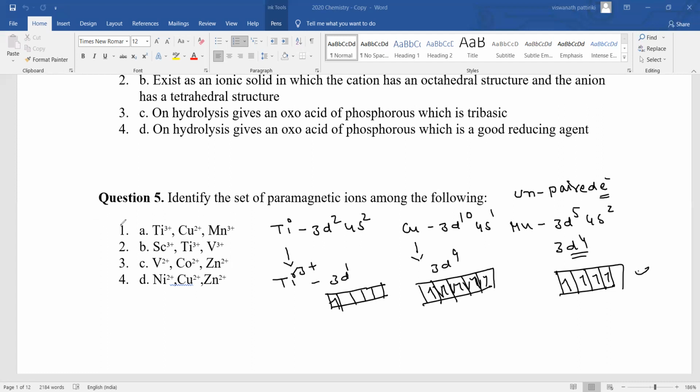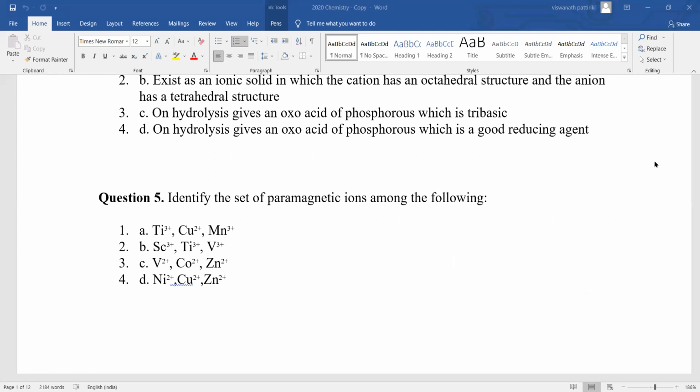Okay, so like this. So what is the right option? The right option is the first one. Paramagnetic is whenever it contains unpaired electrons, and diamagnetic is whenever they have paired electrons. And how to calculate the magnetic moment? The magnetic moment can be calculated by using the formula mu is equal to square root of n(n+2), okay, by using this formula you can calculate the magnetic moment in Bohr magneton. Understood? Okay.